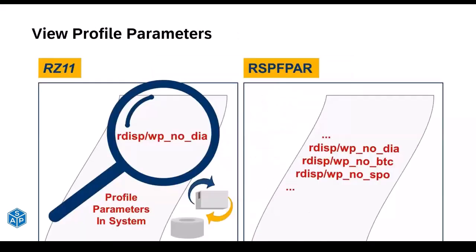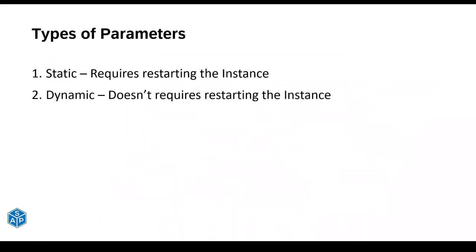Okay, now just for the last point over here, we'll cover it. What are the types of parameters? See, there are two types of parameters. One is your static parameter and the other is the dynamic parameter. What is the difference between those two parameters? Static parameter means you make the changes in RZ10, but those are not reflected immediately in the system. Okay, those are static parameters. Static means to make the changes reflected in the system, you have to restart your application server,